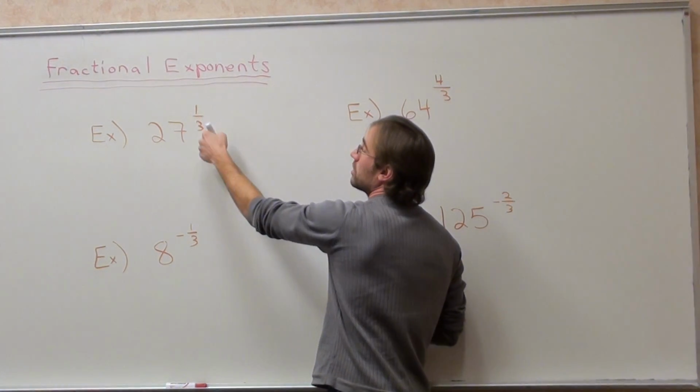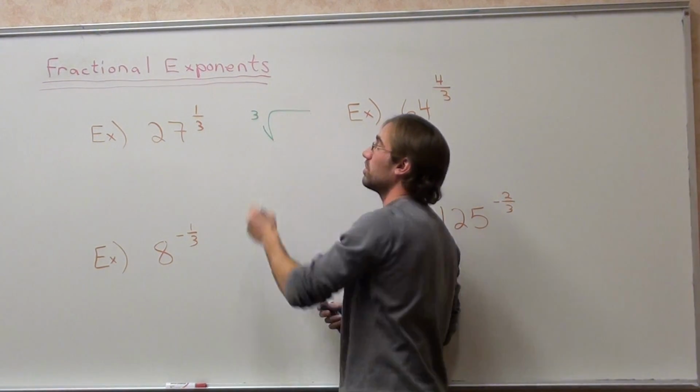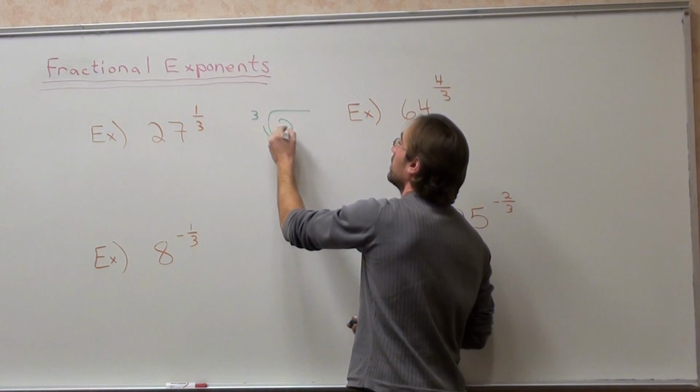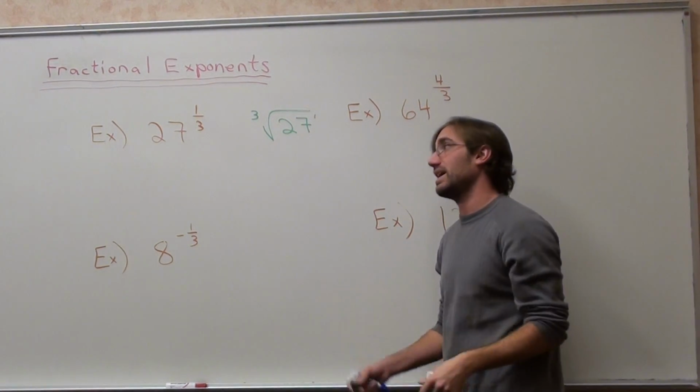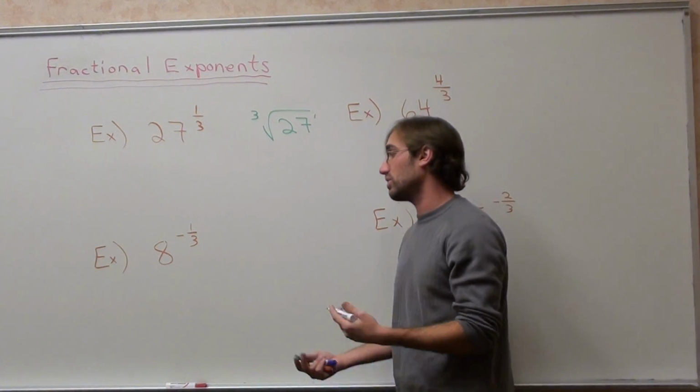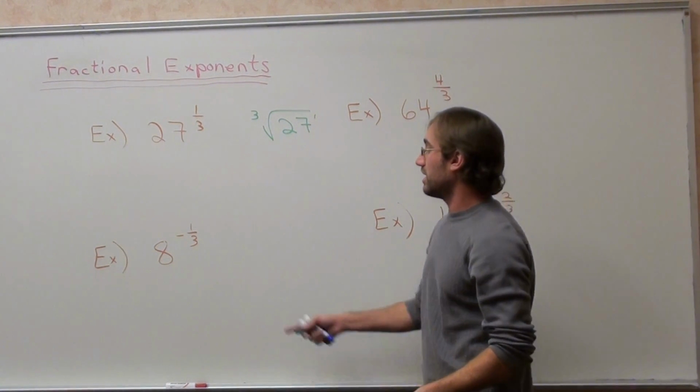So this is cube root of 27 to the first. Now maybe some of you actually know what the cube root is, and that's fantastic if you do. If you don't though, it's a little bit of a problem. Now this one reads